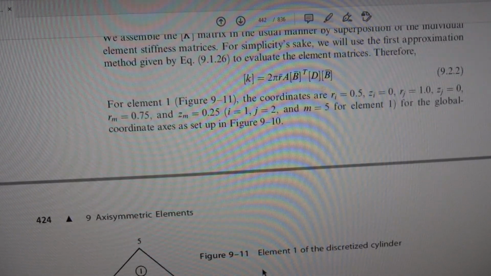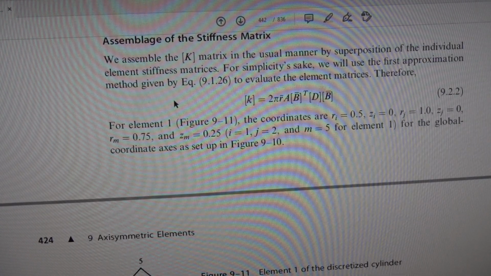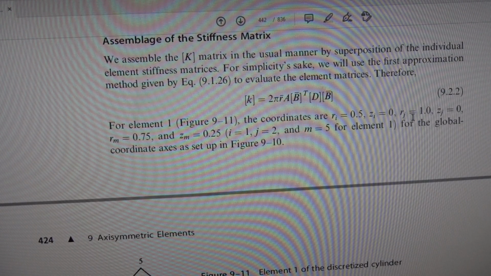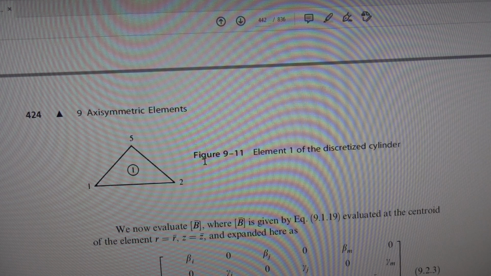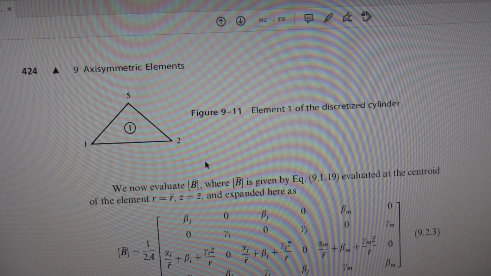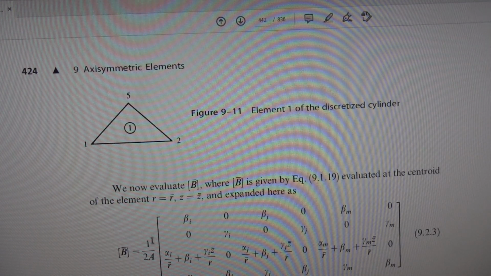The coordinates are Ri equal to 0.5, Zi equal to 0, Rj equal to 1, Zj equal to 0, Rm equal to 0.75. So I is equal to 1, J is equal to 2 and M is equal to 5 for element 1. When you find the B matrix, I already explained how to find it